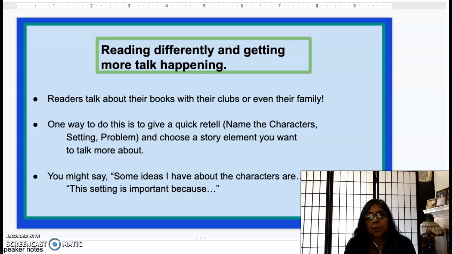So the first thing we're going to talk about is reading differently and getting more talk happening. And how do we do this? Well, here are some tips. Readers talk about their books with their clubs or even their family members. One way to do this is to give a quick retell. You can name the characters, you can talk about the setting, you can name the problem that's happening in the story, and choose a story element you want to talk more about. You may say, some ideas I have about the characters are, or you may say, this setting is important because